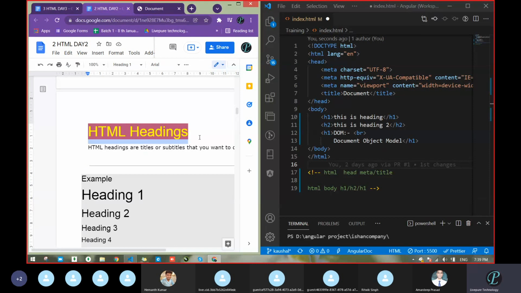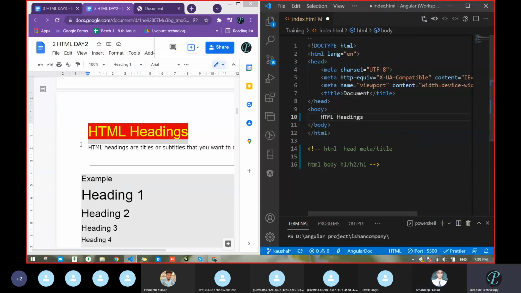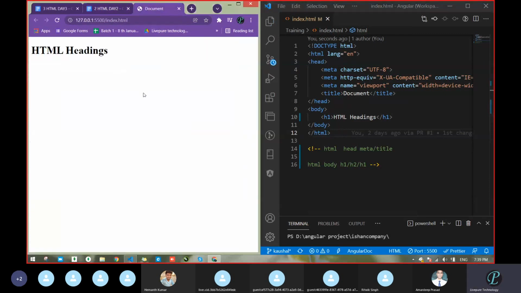How will you write? Any idea? Suppose I copy this and use the heading tag H1. I have to make the same thing bold like that. There is one tag, H1: H1 is starting and here H1 ending, and in the middle the content, whatever we discussed yesterday. Now after reloading, check.